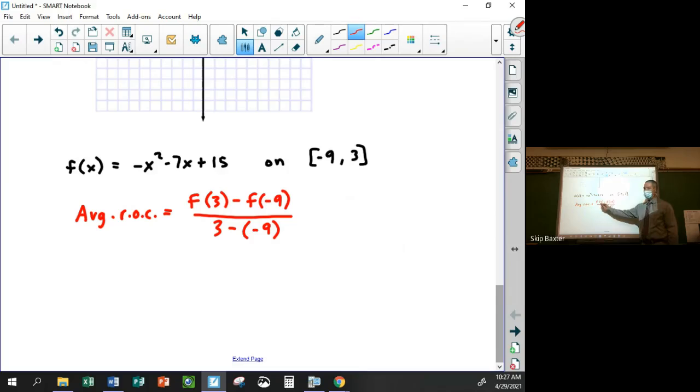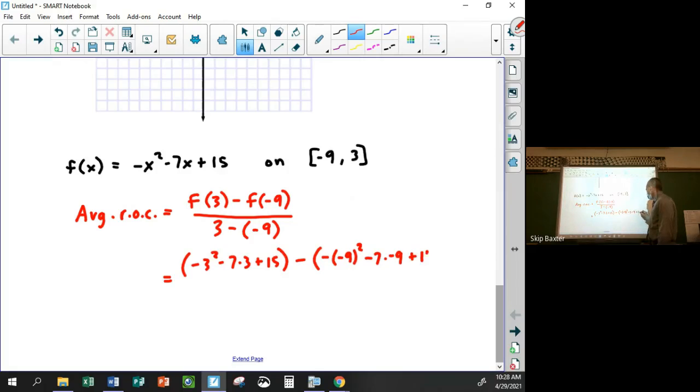If I start with -9 here, then I'd have to start with -9 on the bottom. But either way, I'm going to get the same answer. So f of 3, that means plug 3 into this expression. So I get -3 squared minus 7 times 3 plus 15. If I plug -9 in, I get -9 squared minus 7 times -9 plus 15